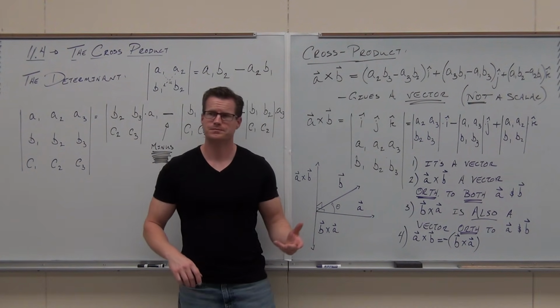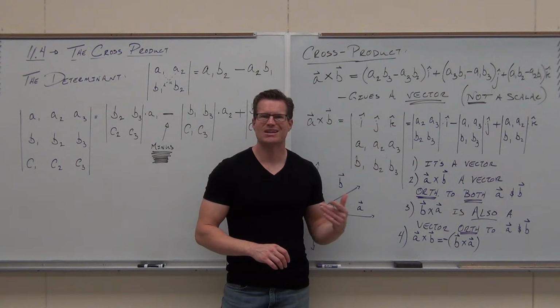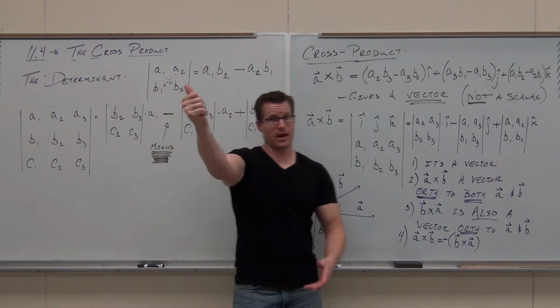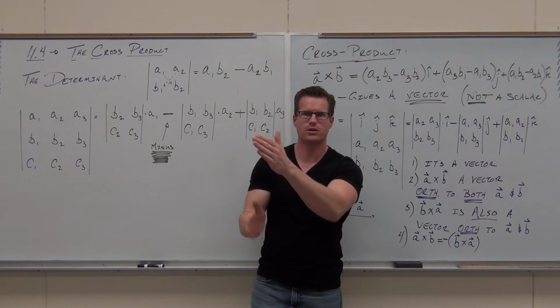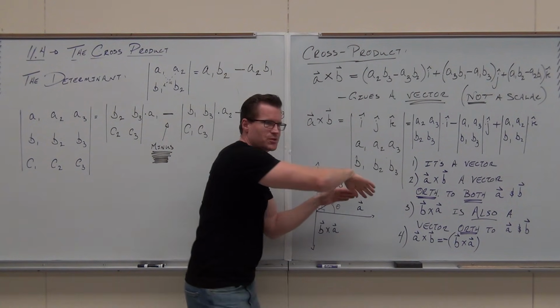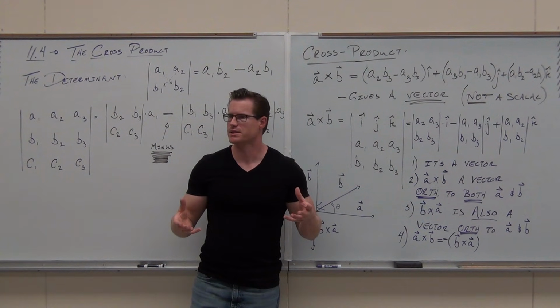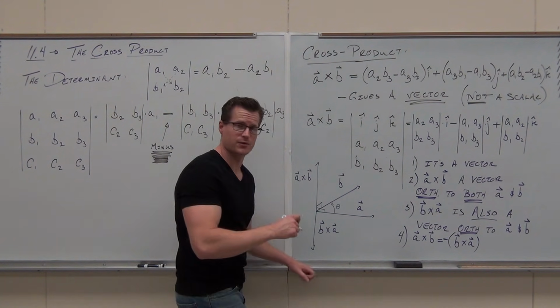One more thing. The angle here, you can't go any past pi. You can't close your hand past pi, okay? You don't want to go past pi because it'd be easier to cross product across the smaller angle. Does that make sense to you? So we're never going to go past 180, never go past pi. So this is defined for